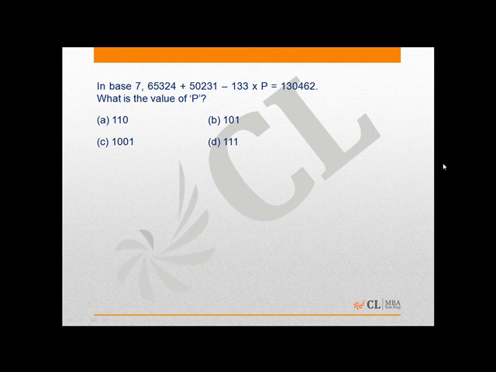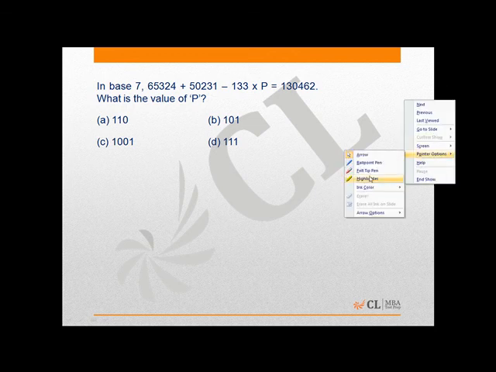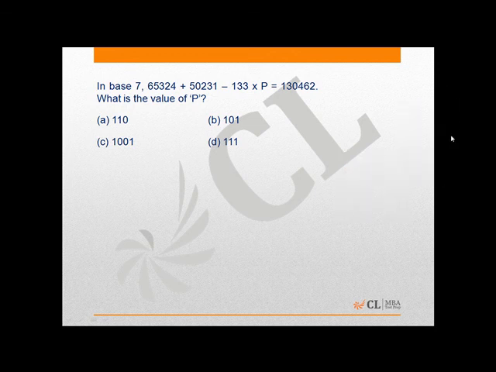Now this is a base system question. Here base is 7. Just see some fundamentals here. First of all, whenever you do calculation in base system, just remember this. In this case, for example, base is 7, right? So 6 plus 1 becomes 7, but which has to be converted in base 7, that